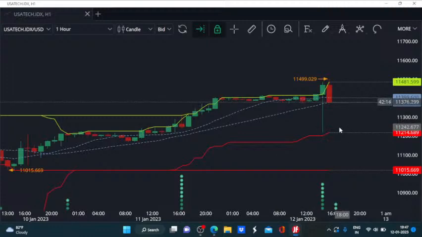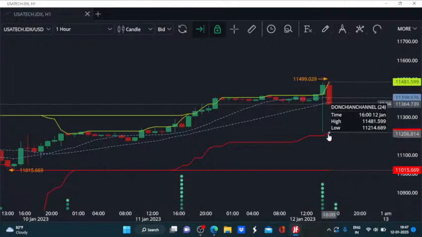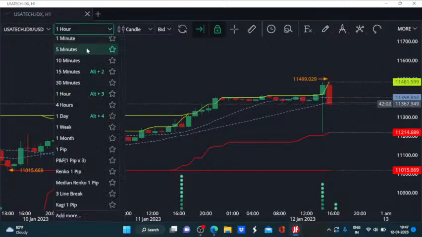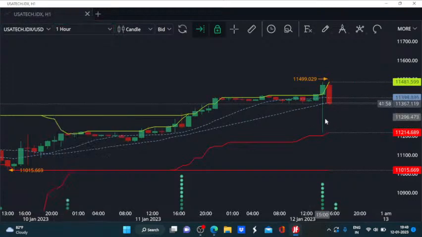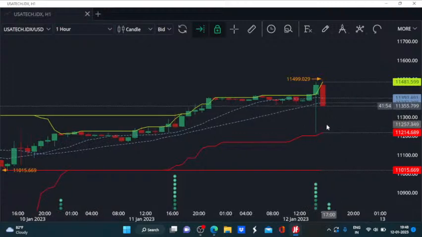Here also we will have to continue to look for the buy trades, and for that we will have to keep this 11,200 as the key level to watch out for. And as long as things are holding well above this level, we will have to go for the buy trade, but only in the next couple of hours. If we see the dip towards it, then it will be a better idea to go for it. After that, we will have to go for a fresh assessment depending on how things evolve.